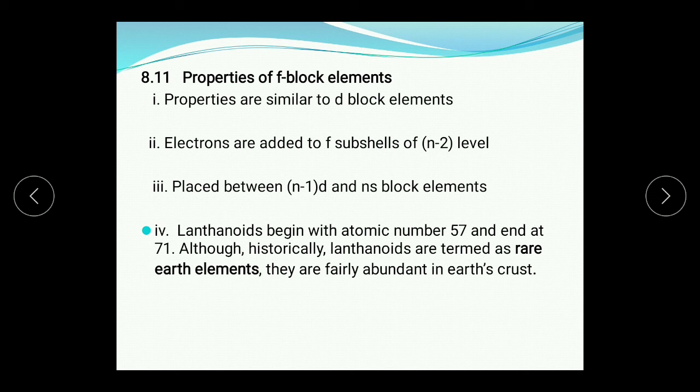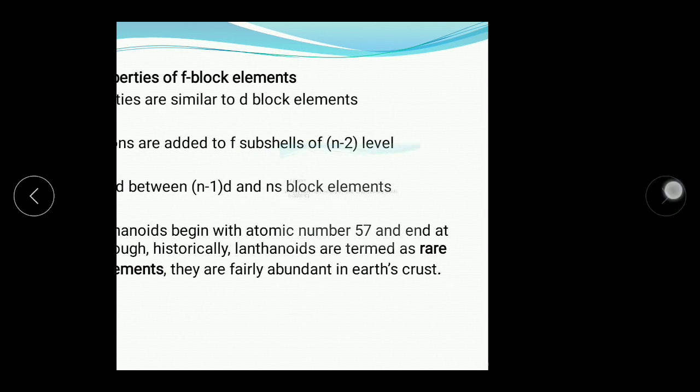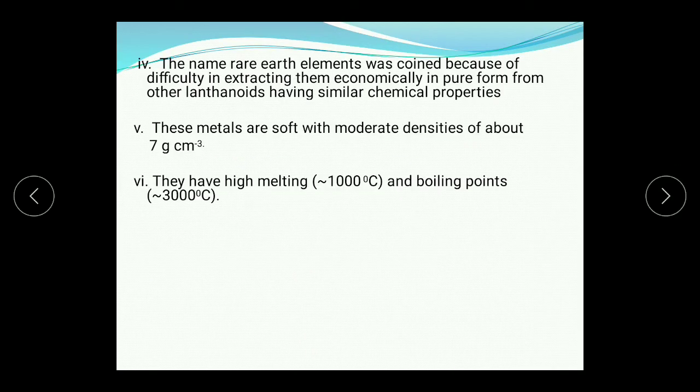These lanthanides, historically, in ancient times, are termed as rare earth elements. They are found in the earth crust in very few percent, and their extraction is also difficult. Hence they are called rare earth elements. But nowadays they are obtained fairly abundantly in the earth crust, but the name rare earth elements remains as it is. The name is coined because of the difficulty in extracting them economically in pure form